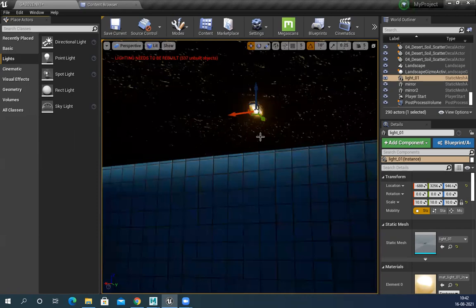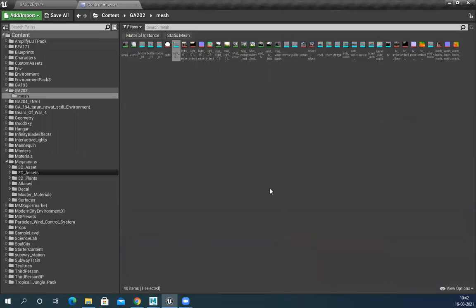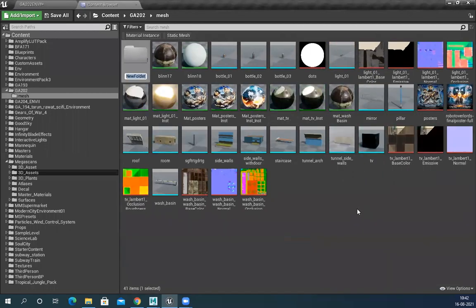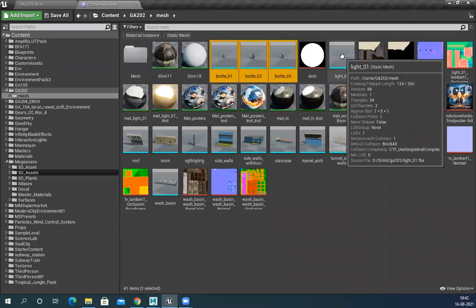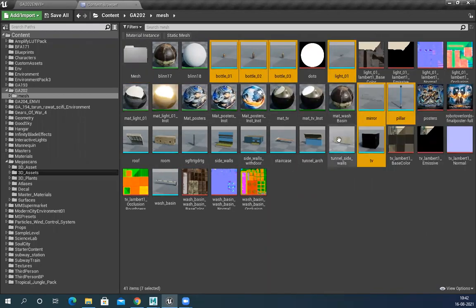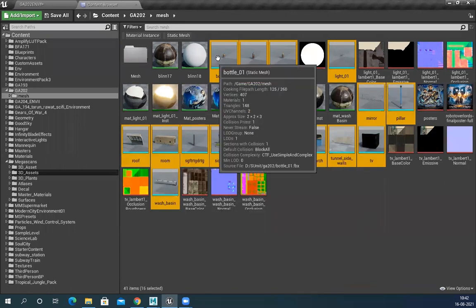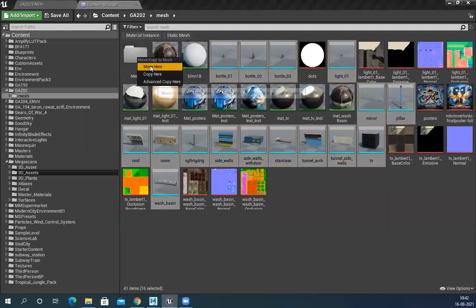So the easiest way of doing it is, I'll go to this folder. Let me create folders here. Mesh, and let's move all the mesh inside this folder just to keep everything sorted and clean. Move.